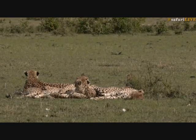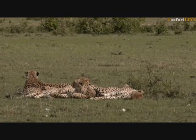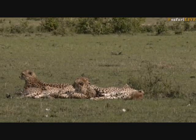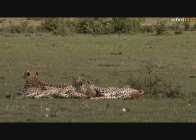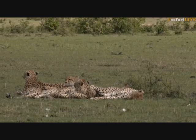Now, what's interesting, and I've been chatting with Ferg, who I'm teamed up with today on camera, is that usually in my time with these males, they go to sleep in the morning at around 8 or 9 o'clock. They become inactive, usually until around 5 or 5:30 in the evening. However, they haven't been very active over the last 72 hours, be it because they're all a little bit injured and it's too sore to walk far,